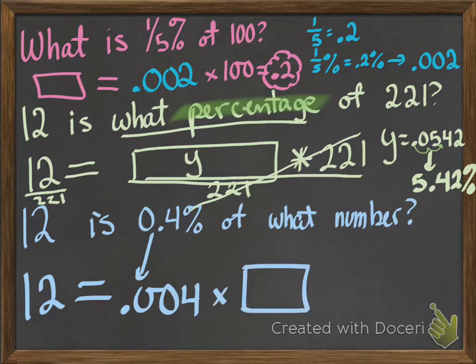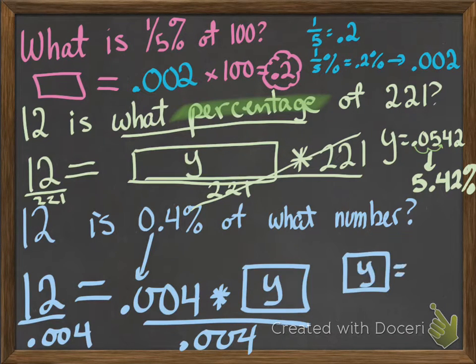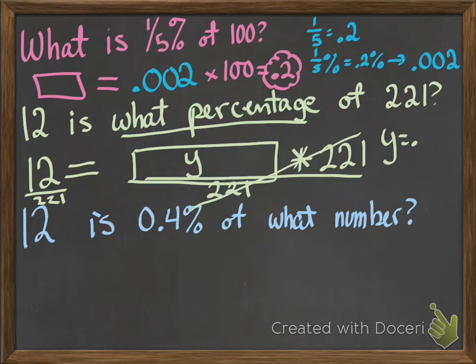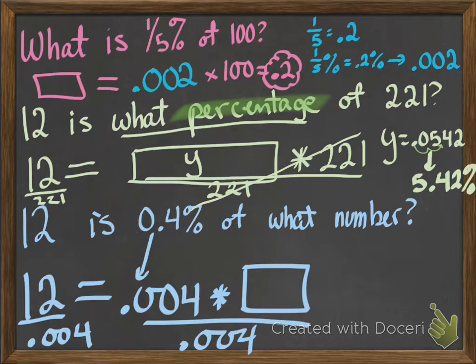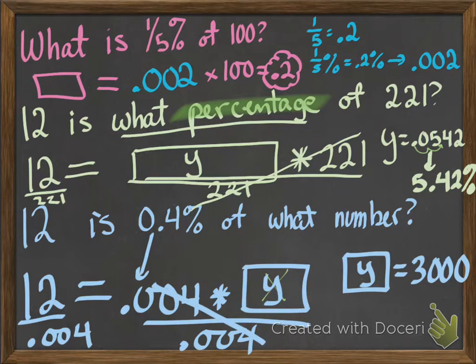Okay? Last one, 12 is 0.4% of what number? So 12 equals, whoop. Well, that was a lot. Let's back up. So 0.4% is 0.004. I took my decimal point, moved it to the left. I'm going to do multiplication, because of means multiplication. What number? We're going to use a box. Now, how do you get that box by itself? You know, you could put a variable in there if you'd like. Let's say we'll put in x. How do you get x by itself? You can divide both sides by 0.004. Those cancel out. Oh, I guess I put a y in there. Okay. So those 0.004s cancel out, and you get y is equal to 12 divided by 0.004, which is equal